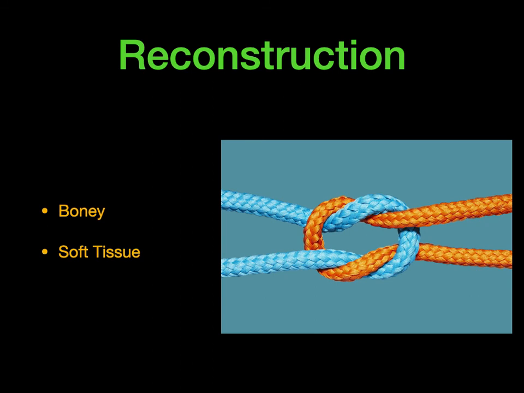We'll have a separate talk on the reconstruction and revision surgery, but at this moment I'll only say, remember that it's both bone and soft tissues. You cannot just focus on one thing and not on the other. You have to have both things to achieve a desired result. The abductor is very important, so is preserving the bone stock.